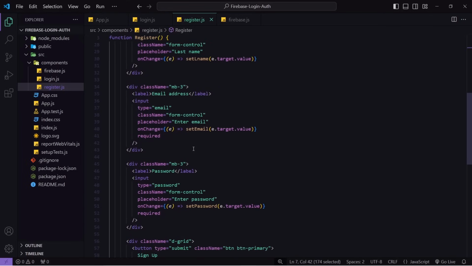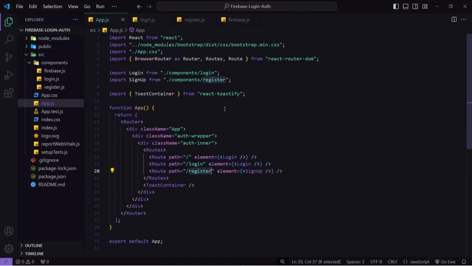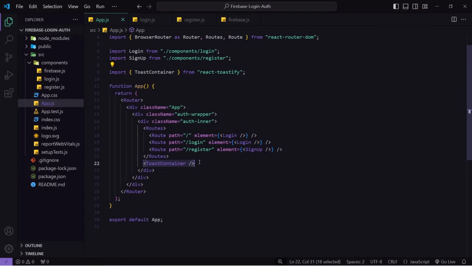So till now this much only. And inside the app.js you can notice that I have installed React Toastify. So if you also want to show the toast message, then you can go and install this package by running npm i react-toastify. And here I have imported that toast container so that I can use toast message anywhere